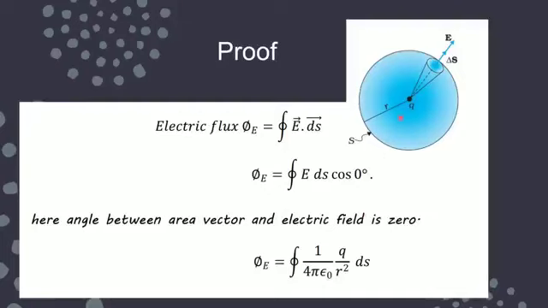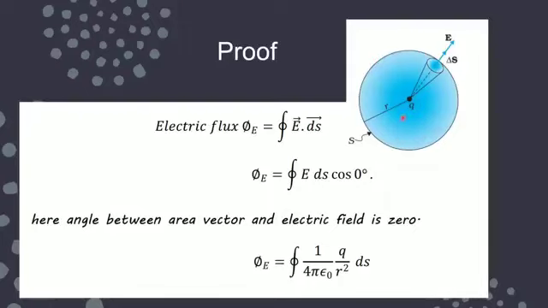So flux is given by the surface integral of 1 upon 4 pi epsilon naught q upon r square ds. Now this r is fixed in this diagram. You can see the radius is fixed, that is not changing. Charge q is also fixed, that is also not changing. So epsilon naught permittivity is also constant, so this whole term is constant. You can take it out from the integration, and you have to simply find the surface integral of ds. Integral of ds means the area, s only, s of this spherical surface. So area of sphere is 4 pi r square if r is the radius.